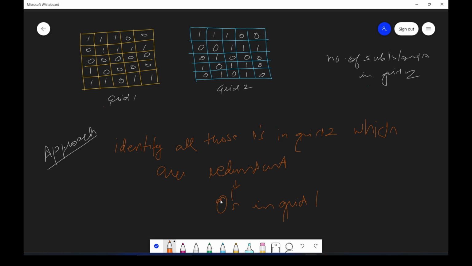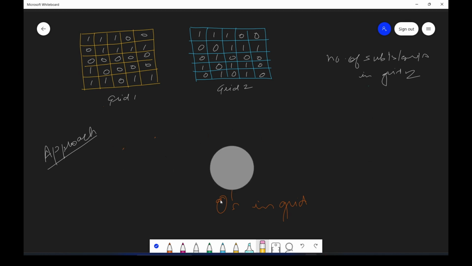Also, if let's say this is your 1, right? This is 1 and here it's 0. So this is redundant, and then this makes this entire island redundant, because you remember, right? We have to take the entire island. We cannot take a part of it. So if one cell of an island becomes redundant, then the entire island becomes redundant, right? So what I will be doing is finding out all these redundant islands and removing them. Okay. So for that, we'll be using DFS.